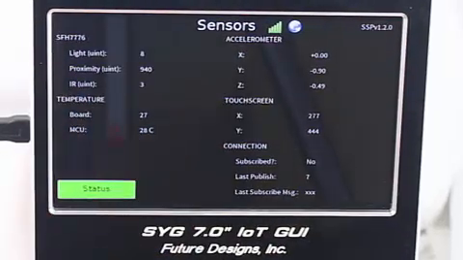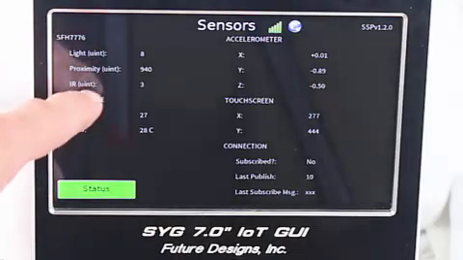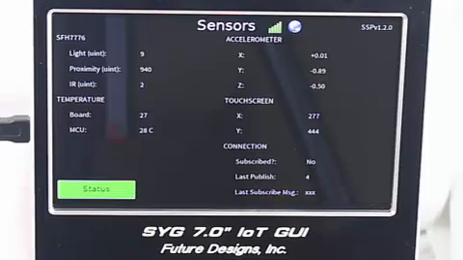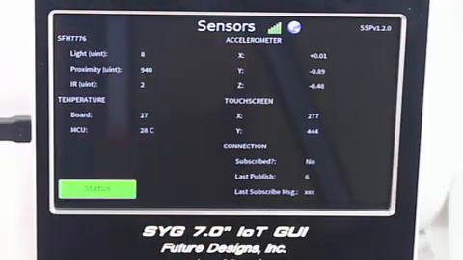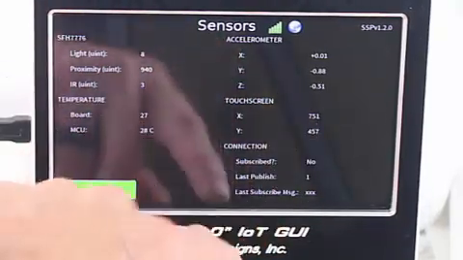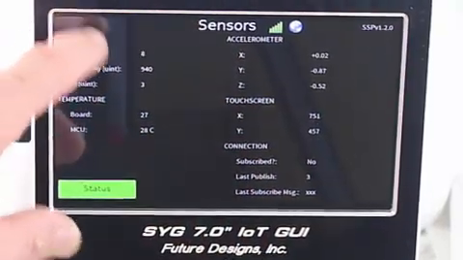I'll go across to the sensors and I'll see light, proximity, and IR. Below that's temperature of the board and temperature of the MCU. Then we'll have the accelerometer, X, Y, and Z, the touch screen. So if I click the bottom right corner, we can see that 751 and 457 are the top left, and